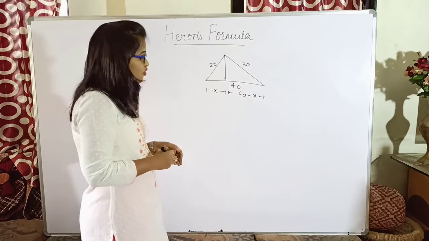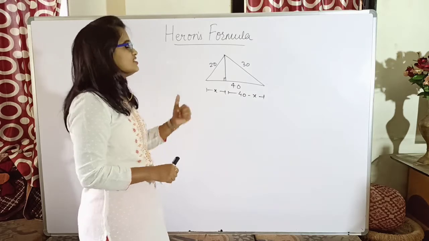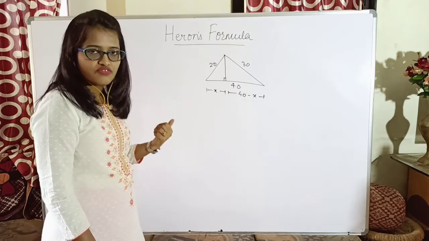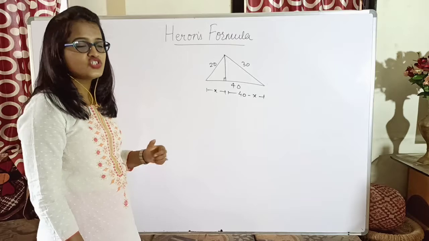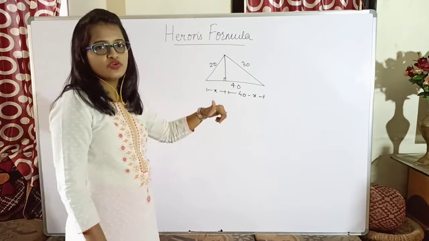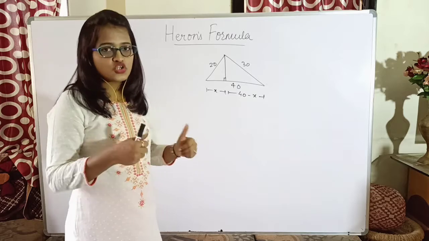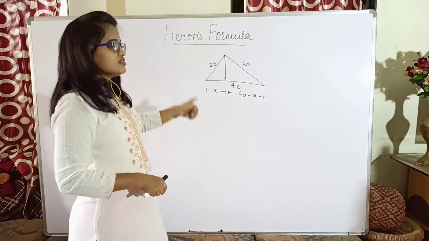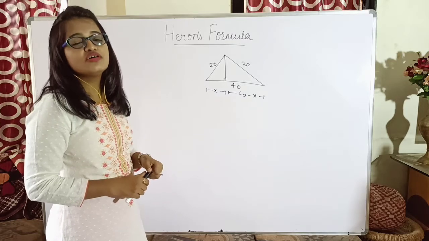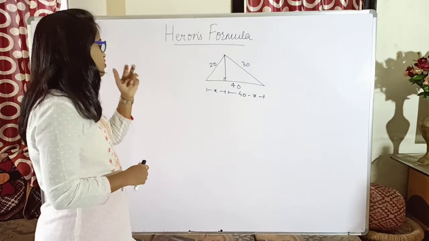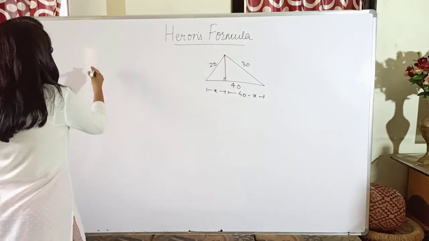So for such kind of triangles wherein all the three sides are of different values, or you can say for a scalene triangle, in which the properties of the perpendicular, which were applicable in case of equilateral and isosceles, are not applicable, this person has derived a formula, and hence it is called Heron's formula. Heron is a scientist who derived the formula. So what is the formula?